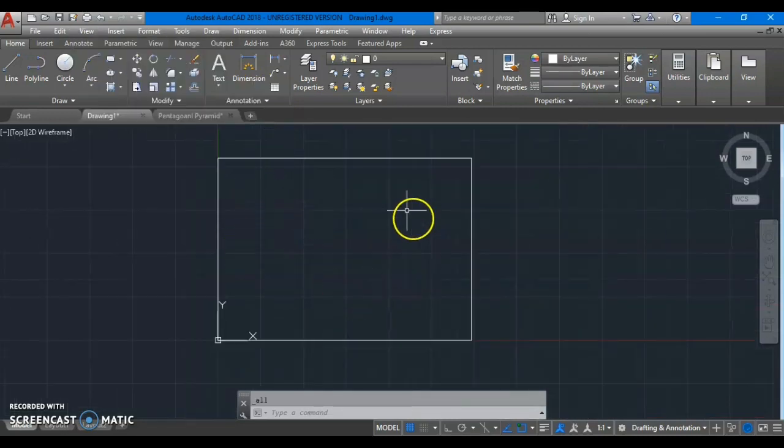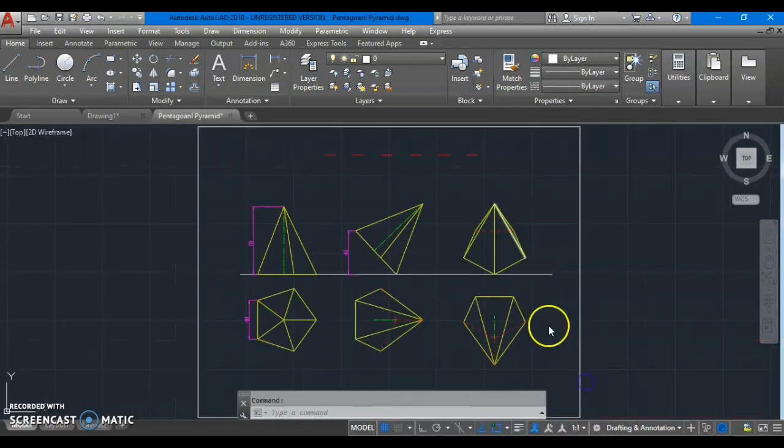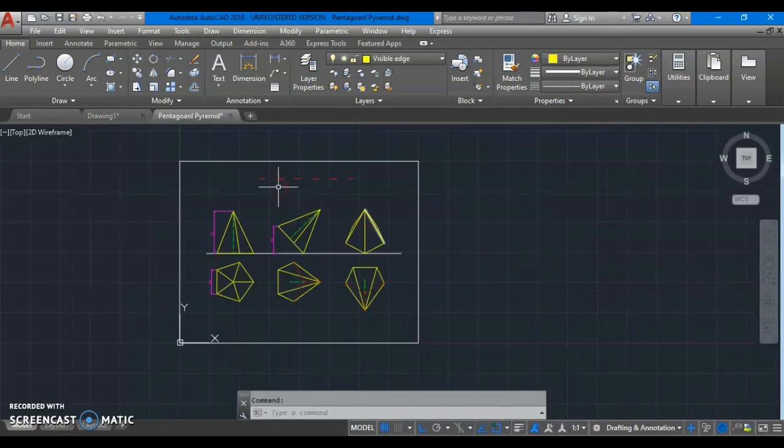Fine. Now why have we drawn this rectangle with the same inputs as the limits? If you draw anything outside this rectangle, you can draw over here, but if you draw anything outside of this rectangle and give the command of limits in the print menu, it will not appear in your printing. For example, let's look over here. Let's say I have drawn this and let me draw one line outside this. Let's say like this. Using visible edges, I have drawn it.